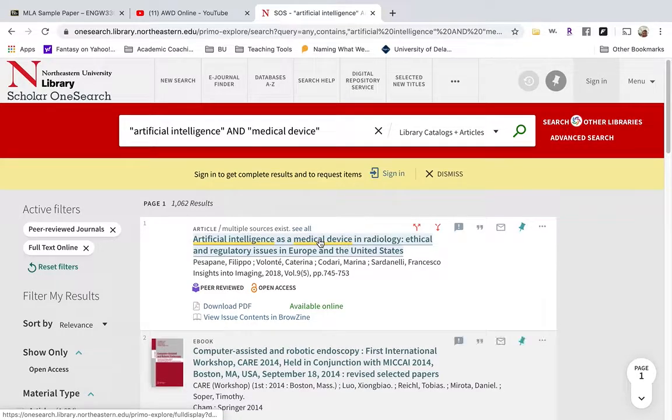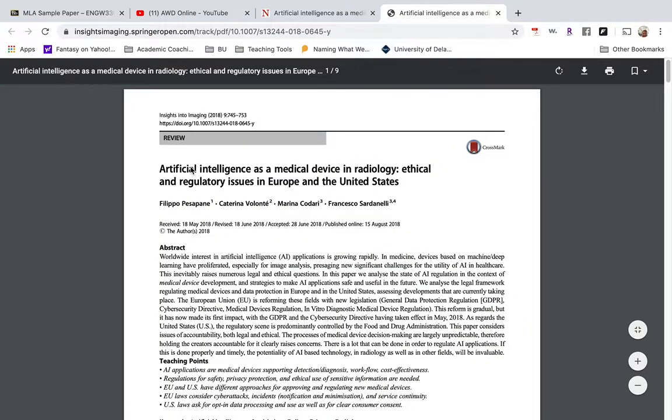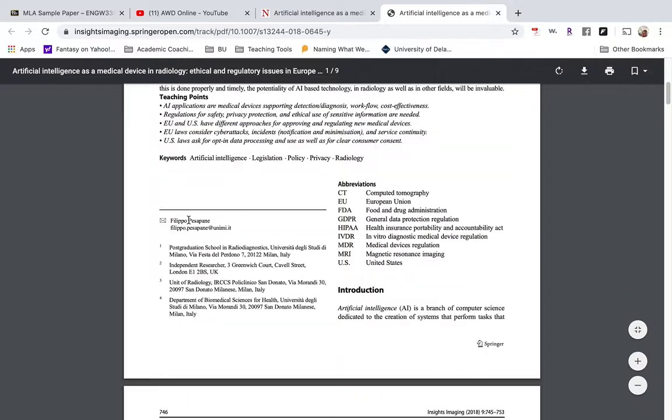Okay, and then you can click on here, and you can go ahead and download your PDF, and it'll ask you to do Duo probably. Maybe it won't. That would be nice. Excellent. So here's your research article. And again,